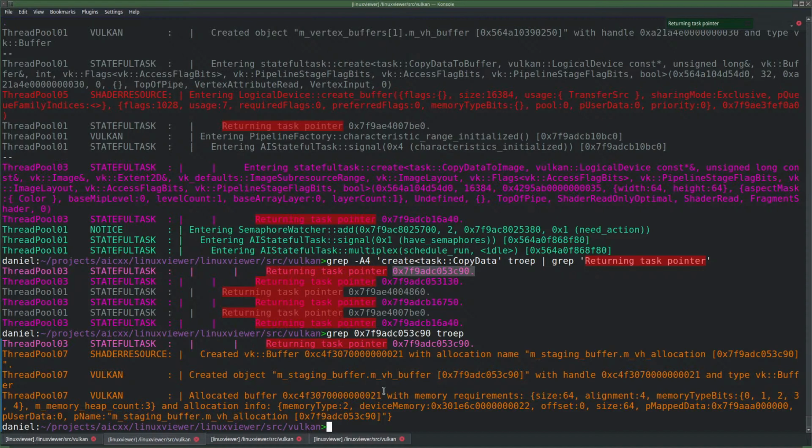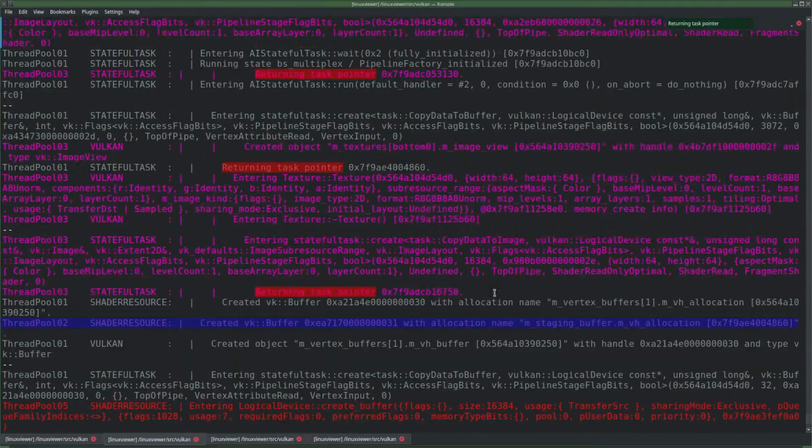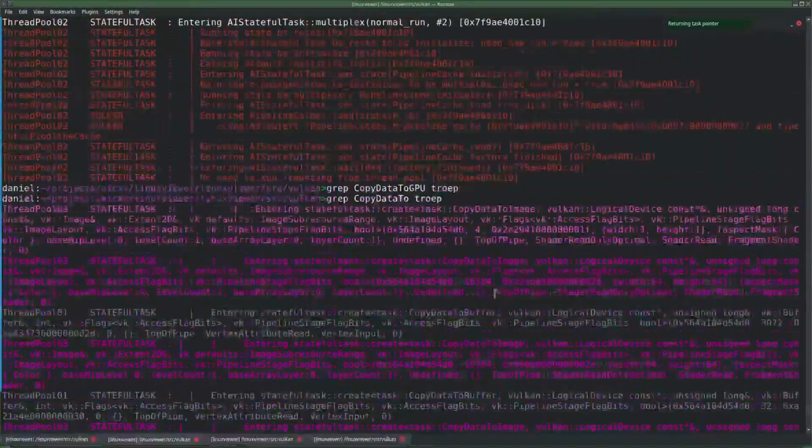Debug output is turned off for these tasks, so I cannot even check them. Probably none of them. I turned off debug output of all the copy data tasks and such. But yeah, I think it's the pipeline cache, right? Anyway, so